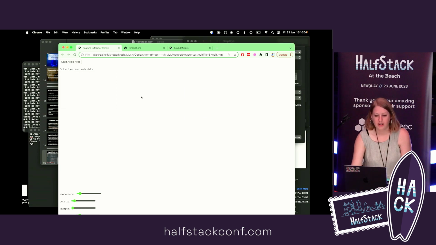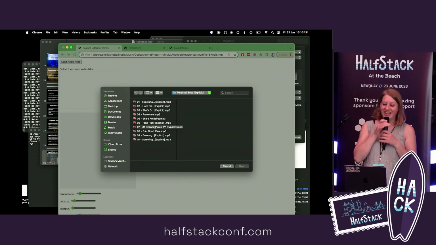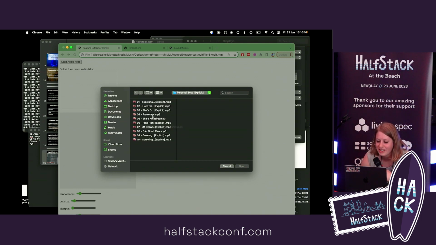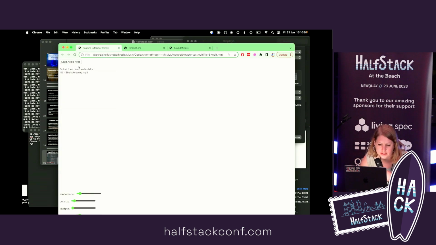Graphic design is not my forte, but this is essentially the interface, and you can select an audio file.